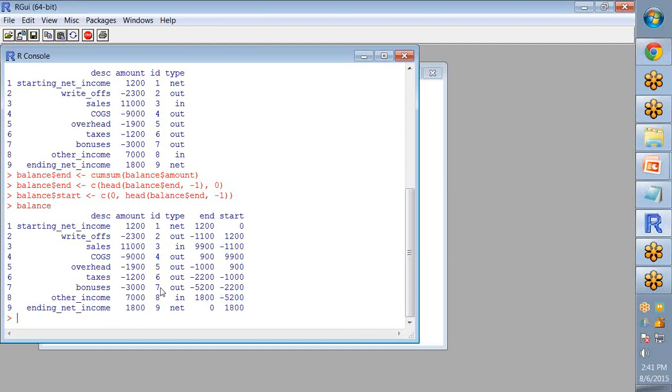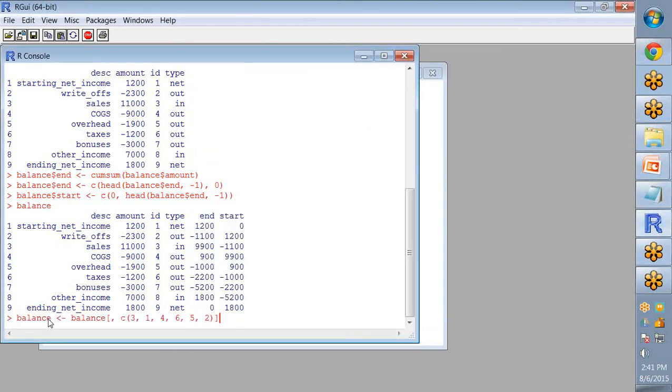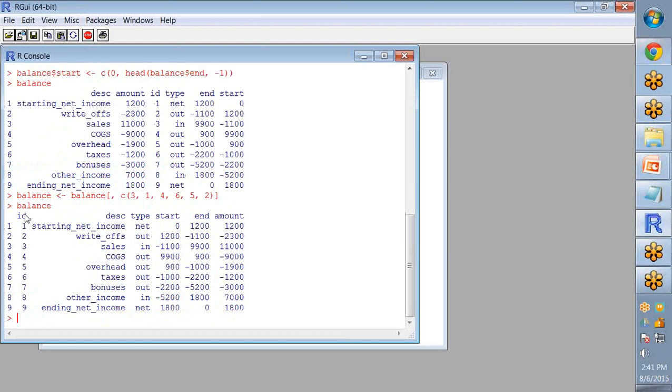Now let's change the look. That means I want ID first here, then DSC, then the amount field, and for that purpose you have to write it like this: the order in which you want your balance data set. The first one is the ID, and ID is the third column, so I write 3, then 1, that means DSC, then 4, that means type, then sixth column that means start, then fifth column that means end, and then the second